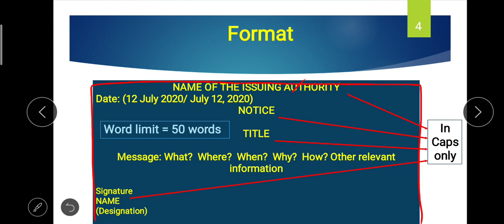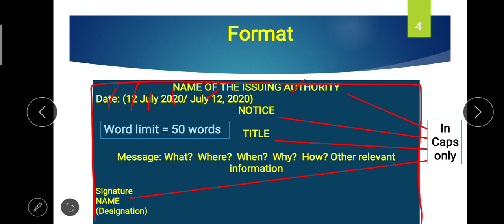institution. In the next line, write down the date, and the date can be written in 2 ways which are accepted and approved by CBSE. That is first day, then month, and then year, meaning day, month and year, 12th July 2020, or it can be done in month, day and year format, July 12, 2020.